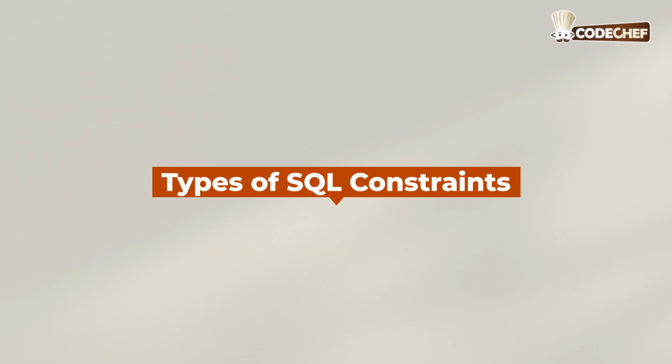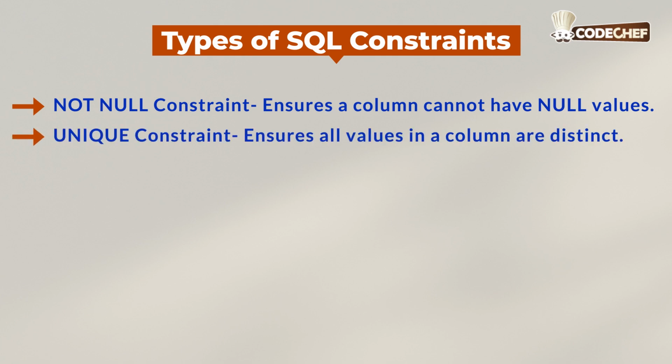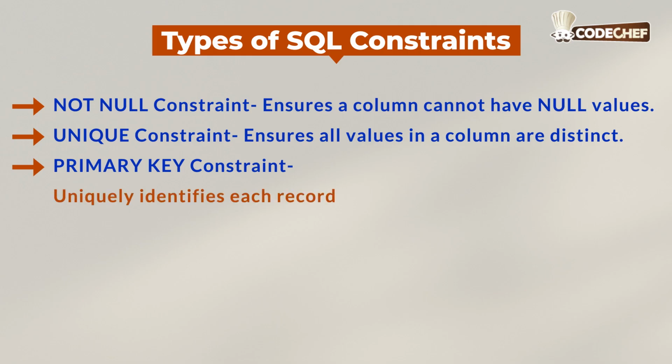Types of SQL constraints. First, not null constraint. It ensures that a column cannot have null values. Second, unique constraint. It ensures all values in a column are distinct, that means they are different from each other. Third is primary key constraint. It is one of the most important constraints in SQL. Why? Because it helps in uniquely identifying each record. It cannot be null. A primary key cannot have a null value, and there is only one primary key per